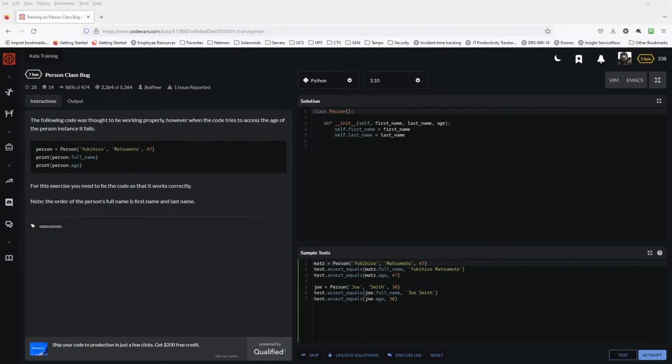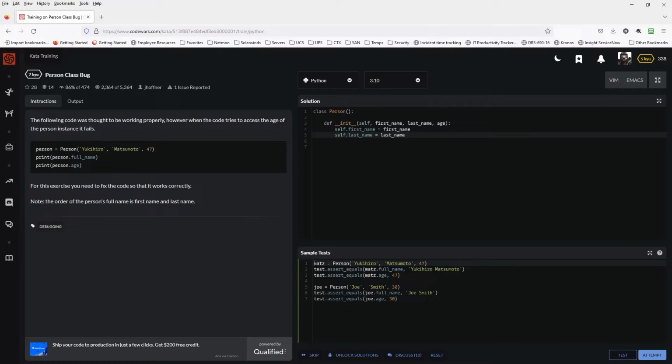Okay, so we're passing in first name, last name, and age, which we can see right here. And we want to return, though, a full name. So we need to basically join those two together. Oh, and then also get the age, because the age was failing. So I think the age part is going to be simple because we can see here that when this instance is being created, so for instance, this instance,